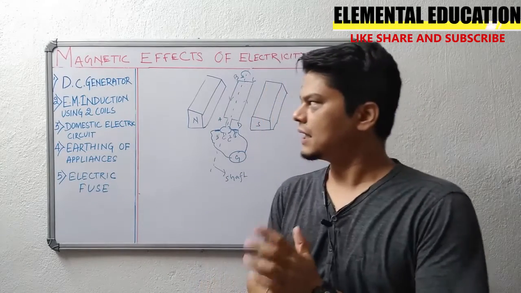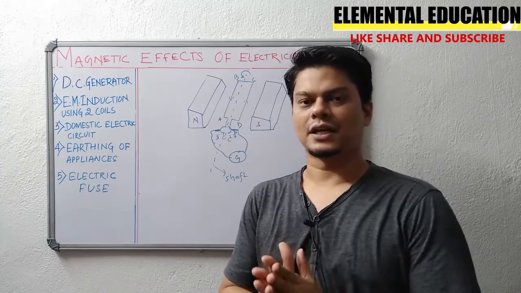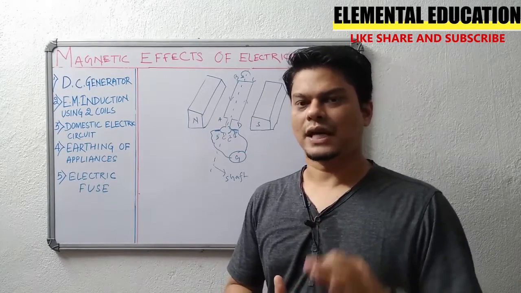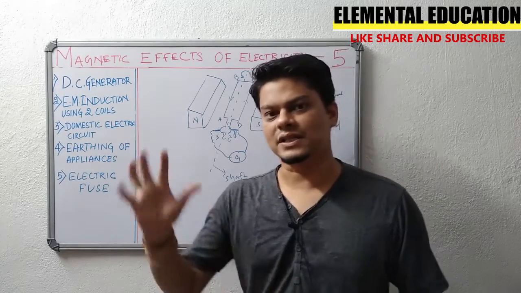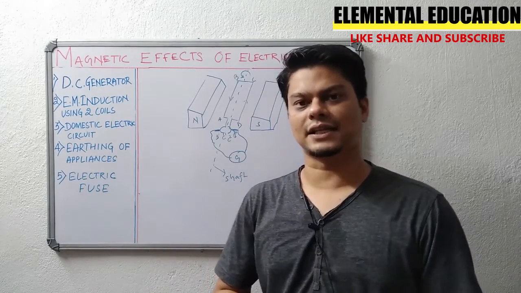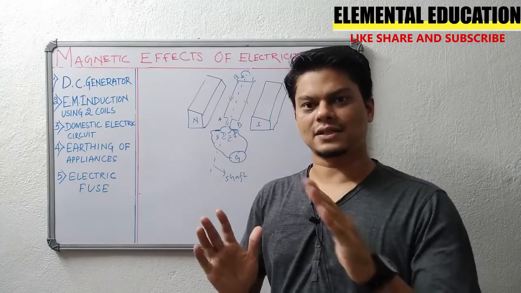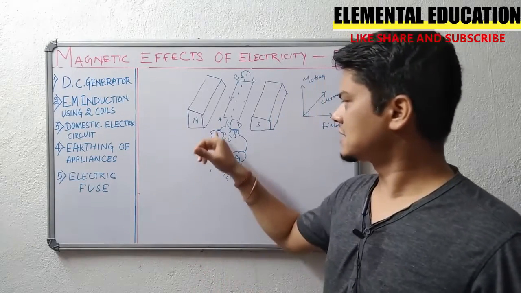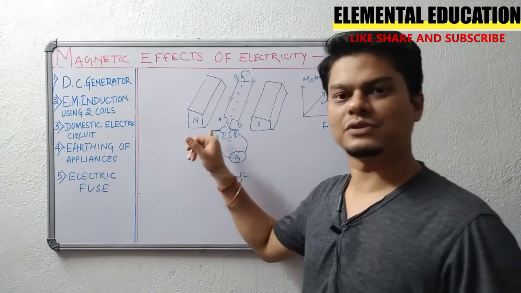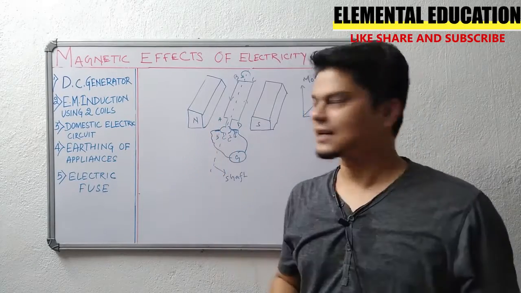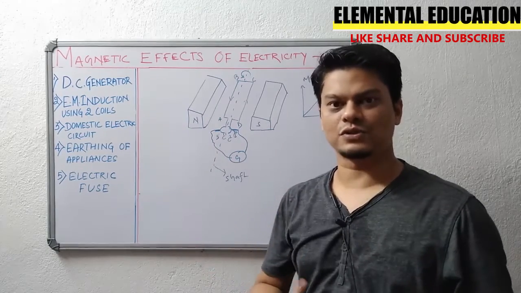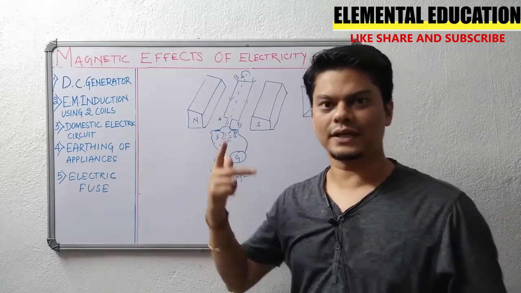So let me give a brief introduction about the last video what we have studied. We have studied about AC generator. So what is the difference between AC generator and DC generator? The construction is almost same except only one thing is the difference, that is the split rings. We are using split rings here, and we are using the same Fleming's right hand rule which you have used in the earlier video in the DC generator.